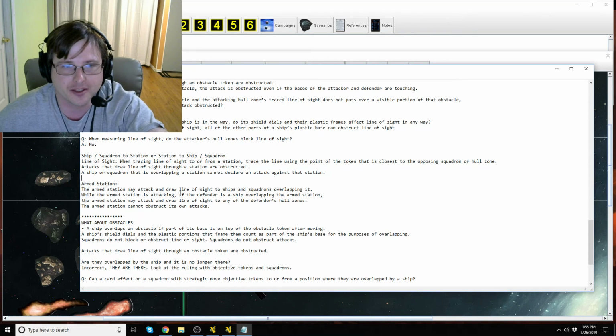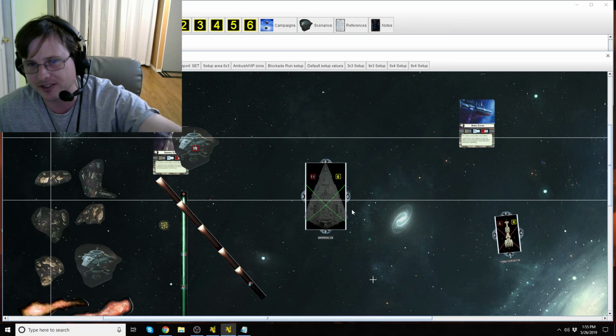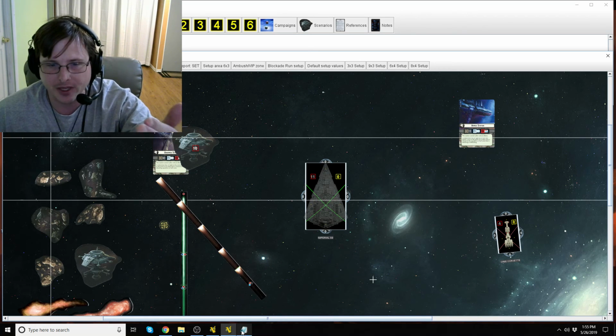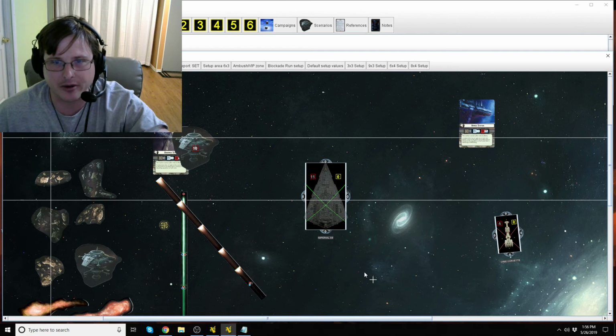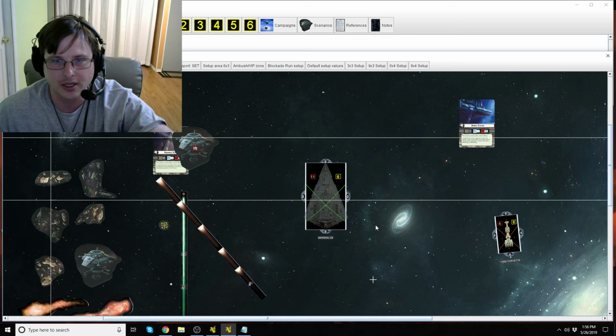While the armed station is attacking, if the defender is a ship overlapping the armed station, it may attack and draw a line of sight to any of the defender's hull zones. The armed station cannot obstruct its own attacks. So even though you physically have no way to trace line of sight through a ship base to any of these points, it specifically states it doesn't matter. It can still draw a line of sight and attack any hull zone that it wants to if you've overlapped